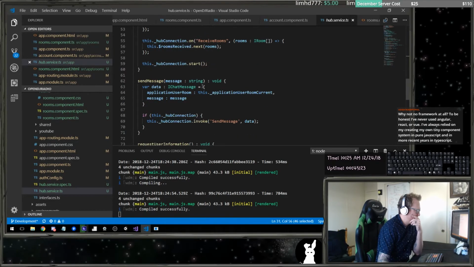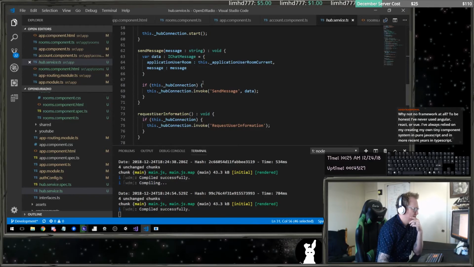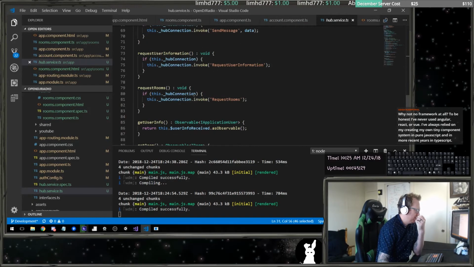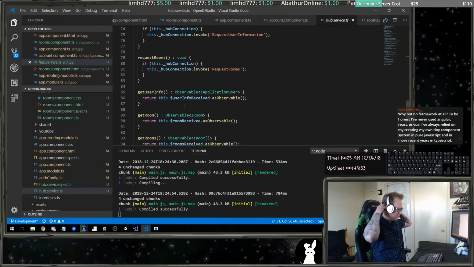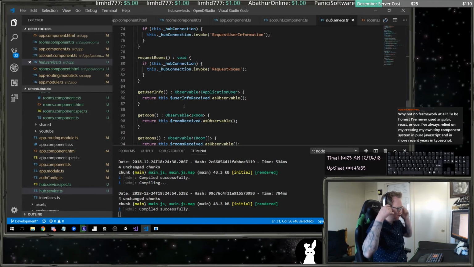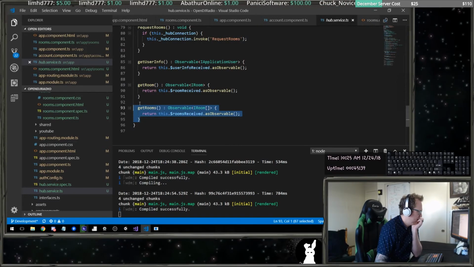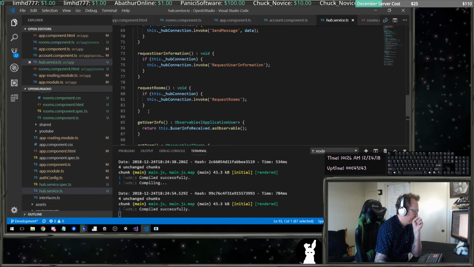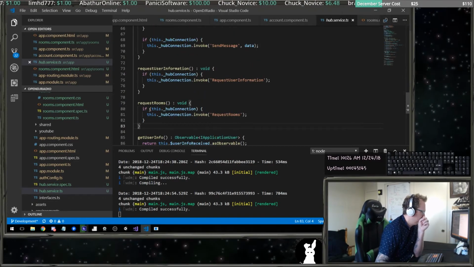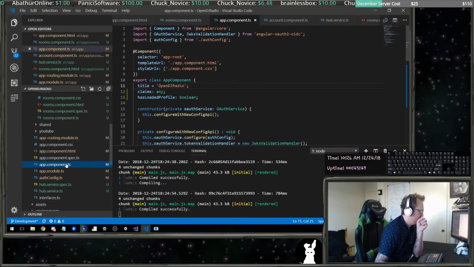So we really want to pass a function in here which is called. So when, in my app component.ts,